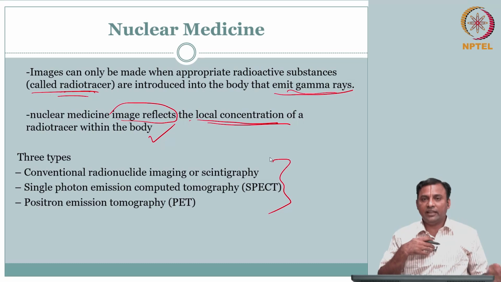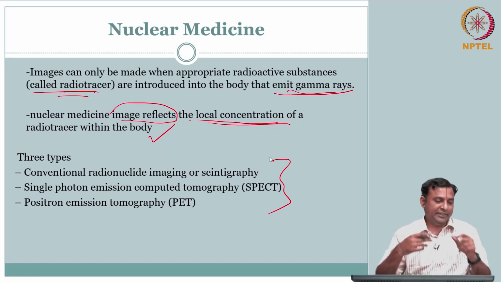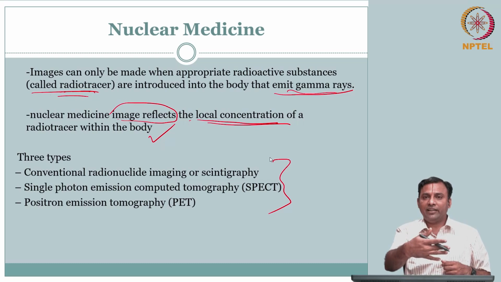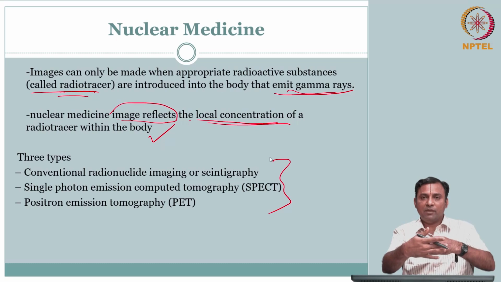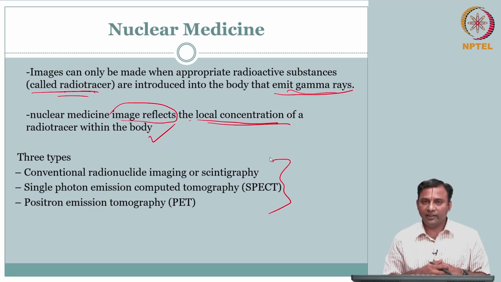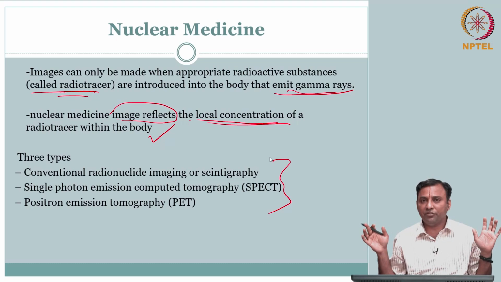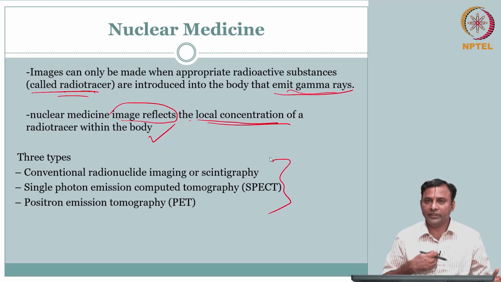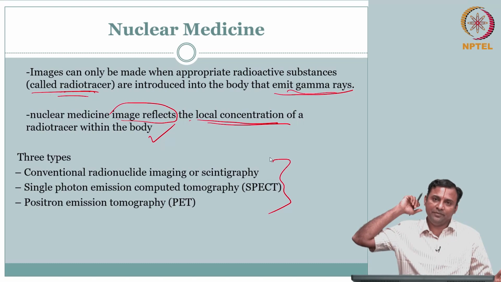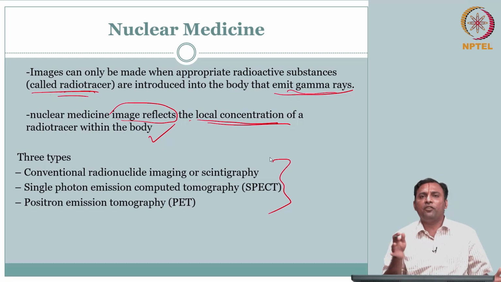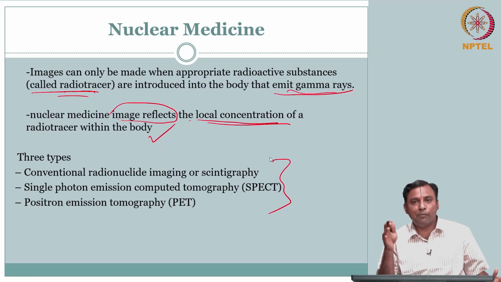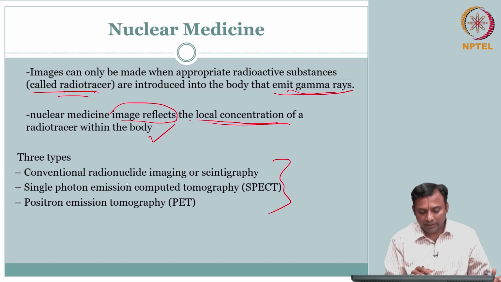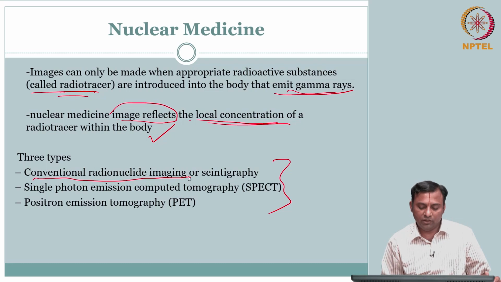If the source is inside and it is emitting radioactivity, the radioactivity is going to come out of the body in whichever direction. So if I have a detector here and the radioactivity comes out and hits the detector, and I collect it, that alone is sufficient for me to tell it came from this location. I do not know whether it came from the front of the body or the back of the body. So, a straight extension of the logic of X-ray projection radiography, you can get what is called conventional radionuclide imaging or scintigraphy.